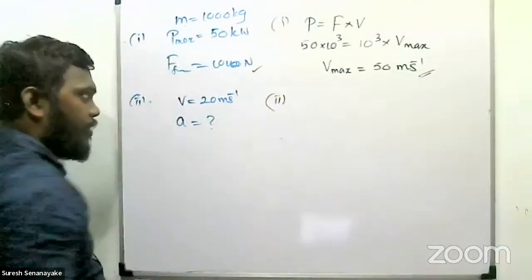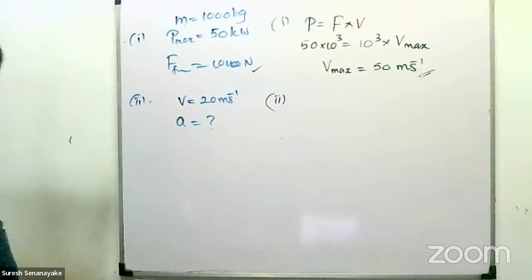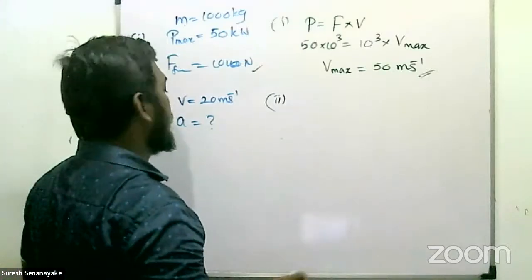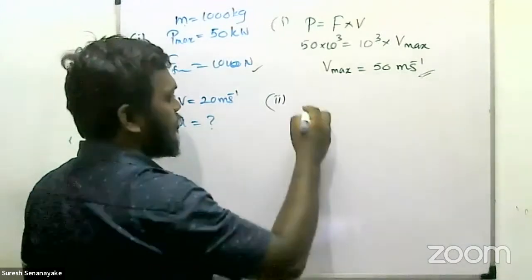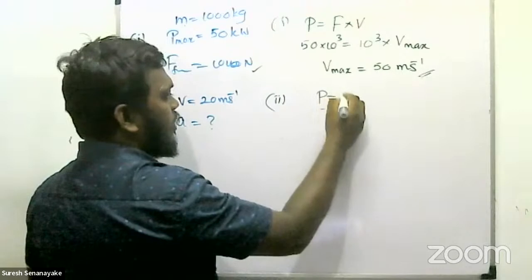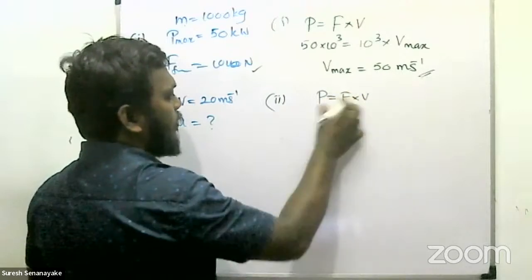Second, when it's working with this maximum power but it's accelerating, and when the velocity is 20, how much is the acceleration? So when it's working with the maximum power, you get P equals Fv. You can find the power. What is the power? That's the force given by the